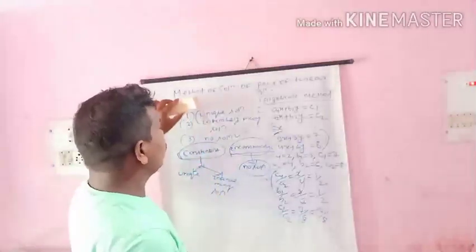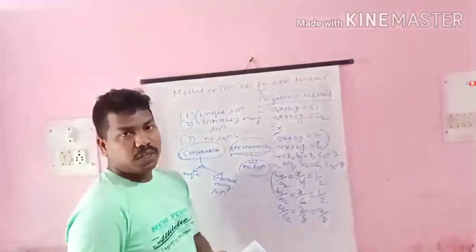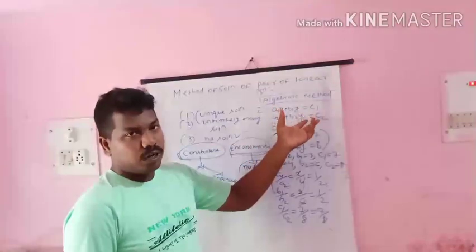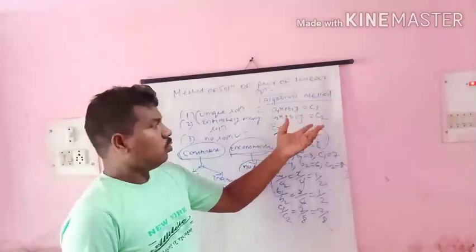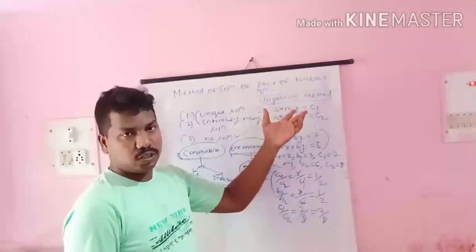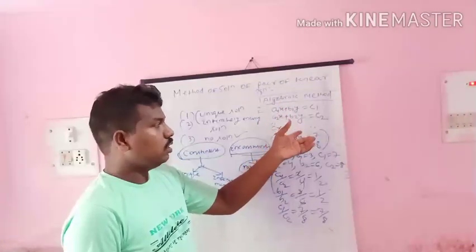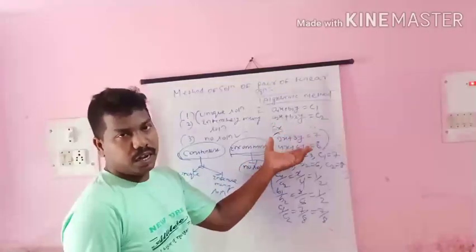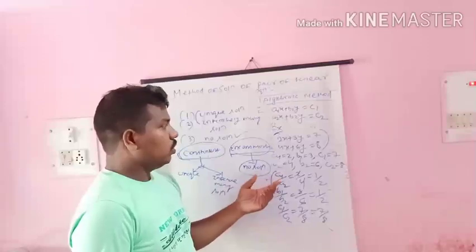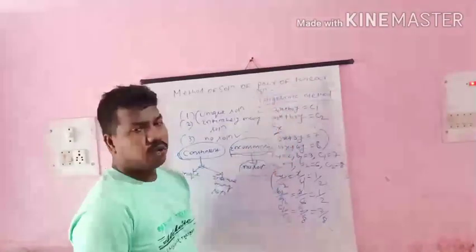So this is the method of solving a pair of linear equations by the graphical method. In the previous class, we already discussed how to solve a pair of linear equations graphically. It will come in 2 marks or 3 marks questions in the CBSE board examination. We draw the table of the first line and the table of the second line, draw the graph on graph paper, check what type of solution it gives, and find the solution by solving these two equations.